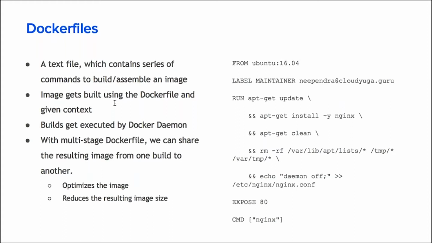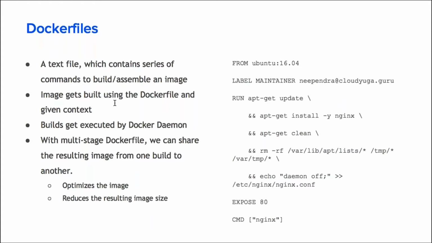So we take this file, which we refer to as the Dockerfile, and give it to a Docker daemon along with its context. The context contains the required files to build an image. In this case, we don't require any specific source code folder, because everything is within the base image and the other containers. But for example, if you have source code, then you would pass it along with the context, which can be copied to your image and so on. So this is given to the Docker daemon, and the Docker daemon would then build this image.